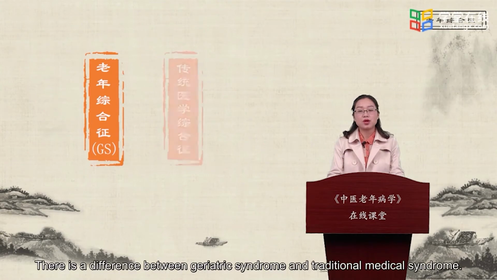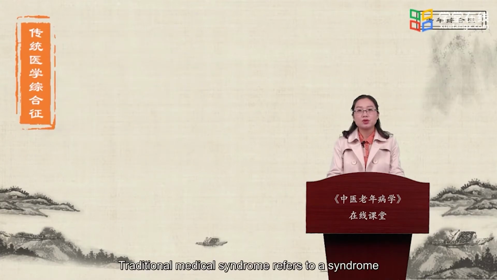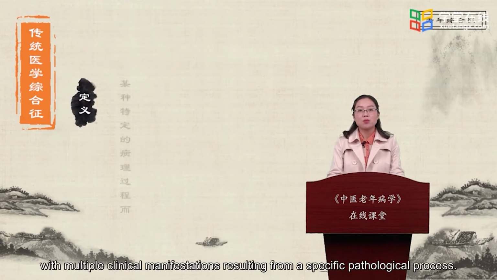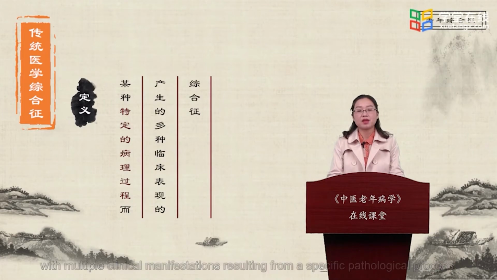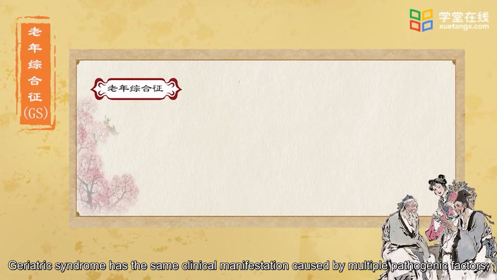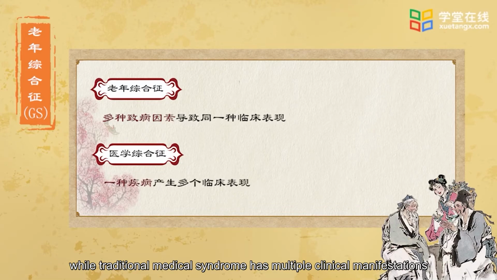There is a difference between geriatric syndrome and traditional medical syndrome. Traditional medical syndrome refers to a syndrome with multiple clinical manifestations resulting from a specific pathological process. Geriatric syndrome has the same clinical manifestation caused by multiple pathogenic factors, while traditional medical syndrome has multiple clinical manifestations